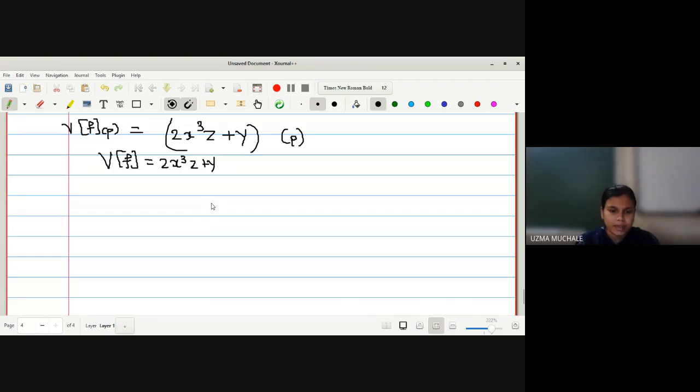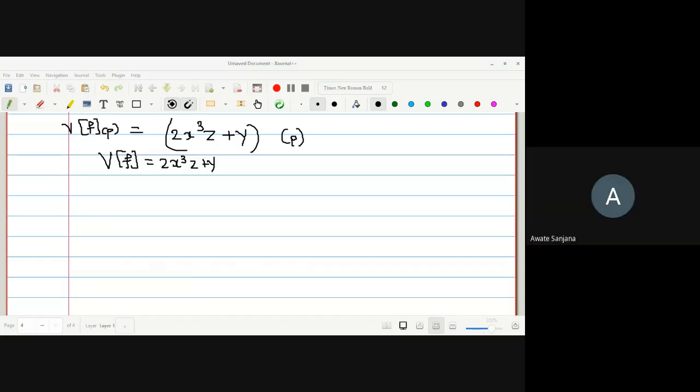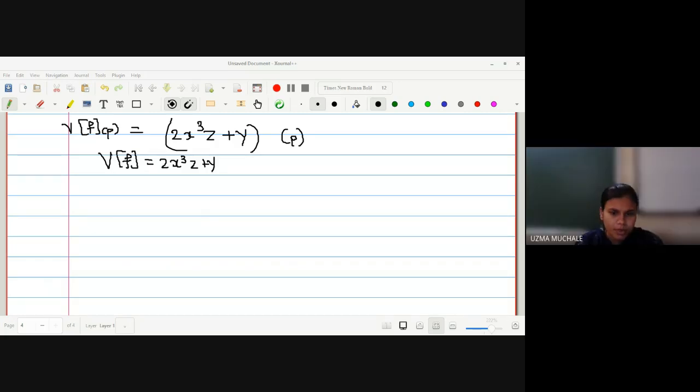Everyone agree with the statement? Have you understood the example with the first method? Yes, ma'am. It is very easy. We will do it later on with some different examples also. At that time, the idea will be more clear. So let me go for method 2. By the formula itself, we will solve.